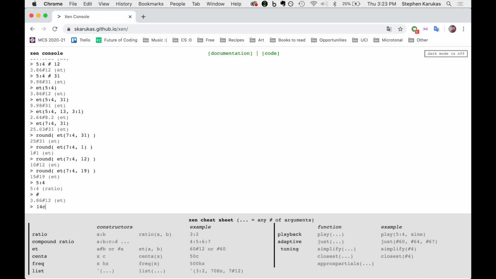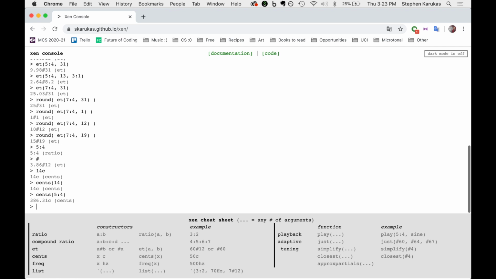And so I can create cents by saying 14C, and I can also create cents by using the cents function and passing in something such as a number, creates 14 cents. And I can, of course, do other things like passing in a ratio to the cents function, which will convert it to cents. And whereas with ETs, they could be 19 tone or 31 tone, with cents, they're always exactly